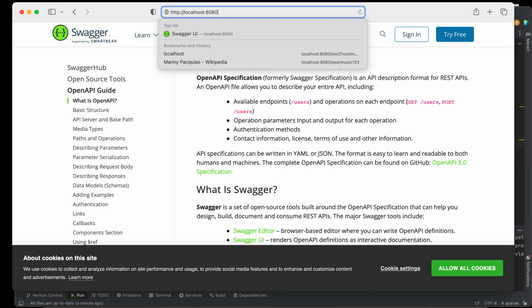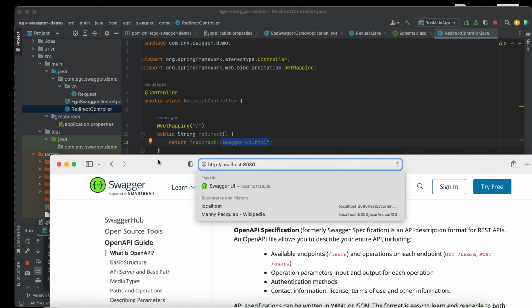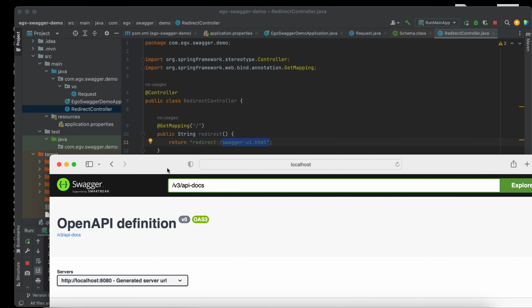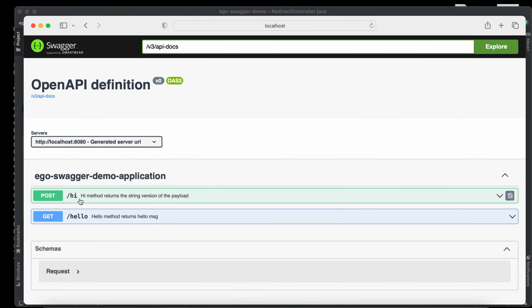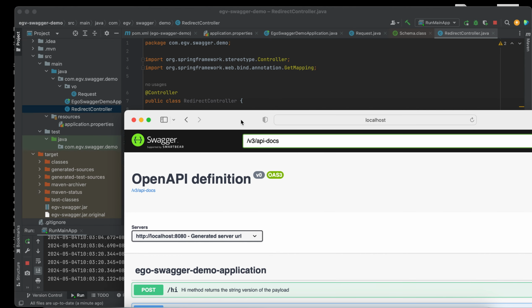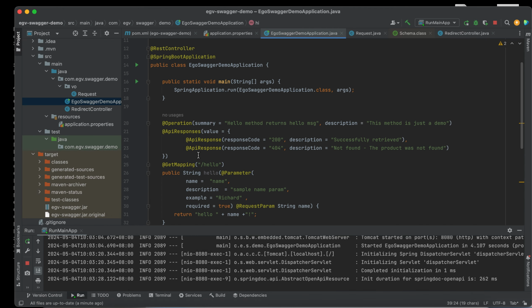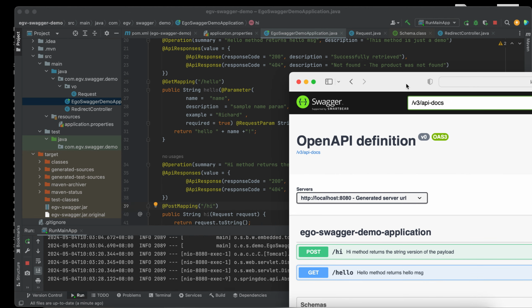Because of this controller, it will redirect to the Swagger UI page. Let's hit this one. All right, so this is our Swagger documentation. We have two endpoints, hi and hello, as we see in our controller here. Let me show you one by one.